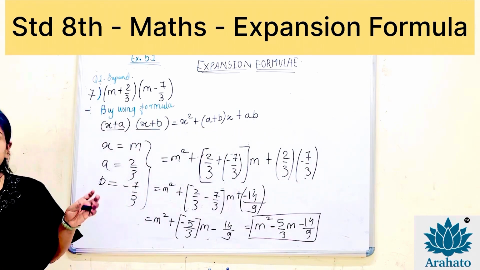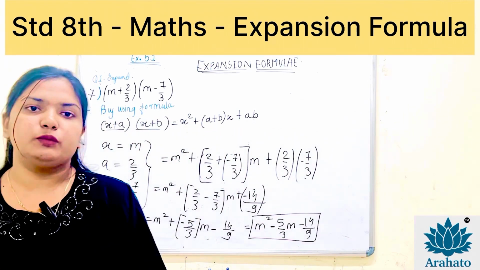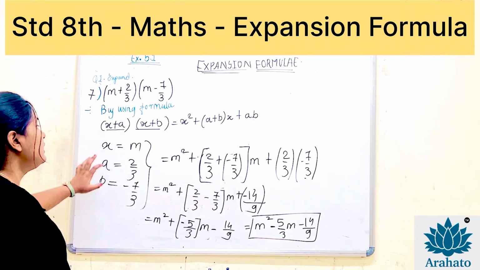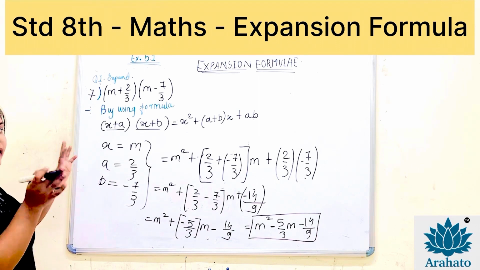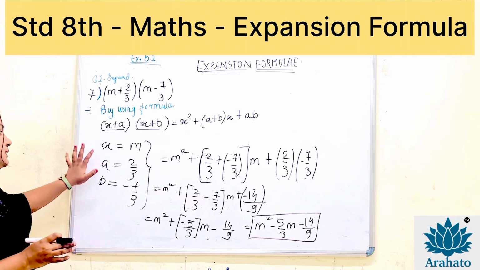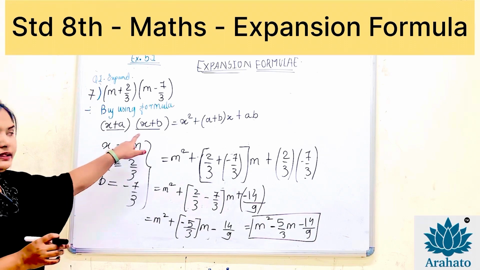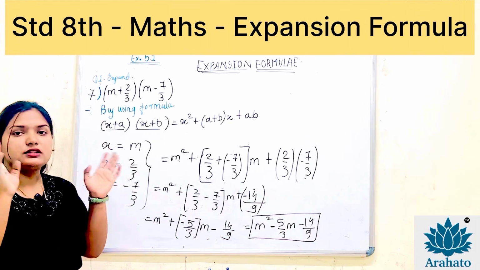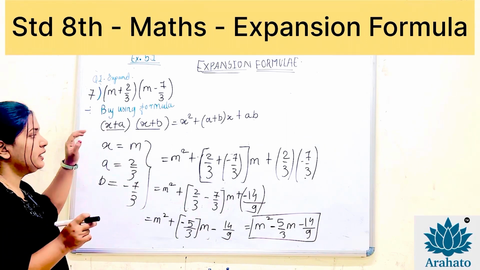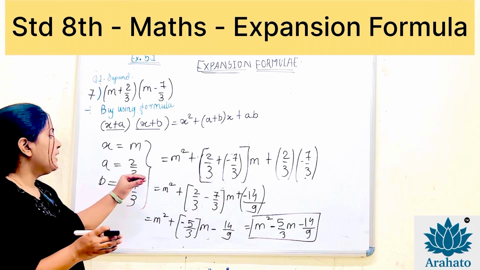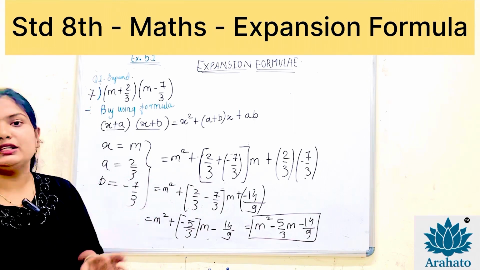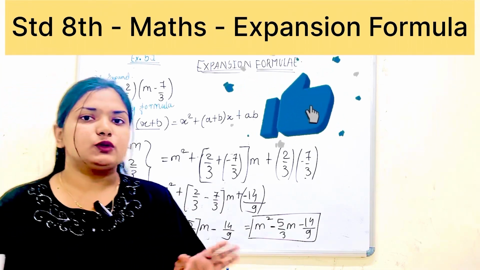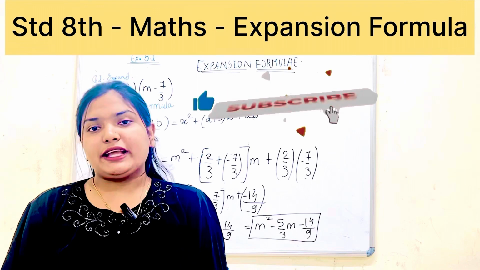So now you have got the idea how to solve the expansion formulae. We can solve all the exercises by using the same formula and just by comparing the terms. Just compare x, a and b, whatever the terms are given in the formula, with the terms given in your sums, put them into the formula and you will find the whole solution easily. You just have to do the plus minus sums. So now you have understood everything. Thank you for watching.